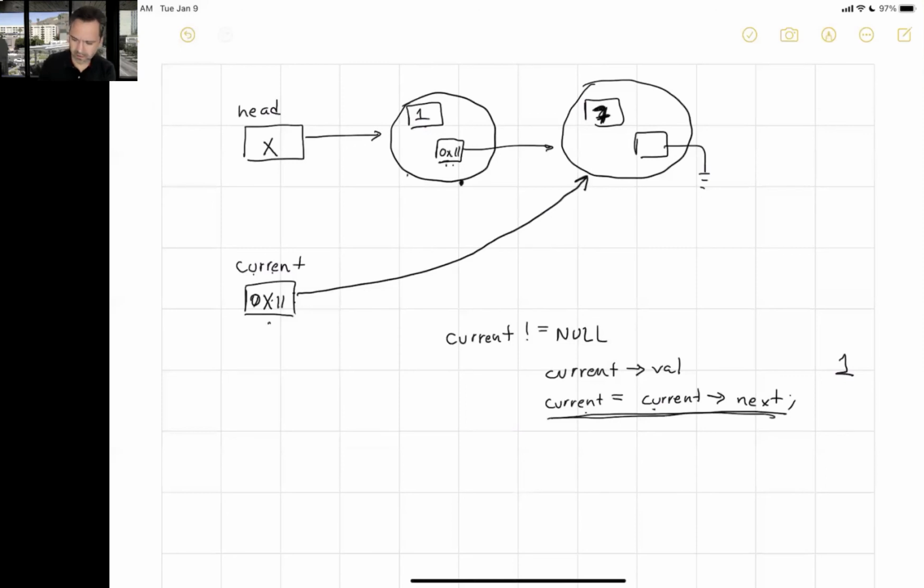Okay. So at this point, the loop is going to go back, right? Remember the while. And I am going to check current is null. No, it's not null. It's 0x11. It's a valid address. So next step is a valid address. I want to print current arrow val. And the most important thing that I want you to notice is now current arrow val